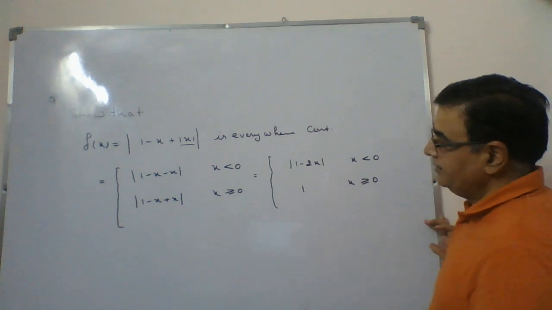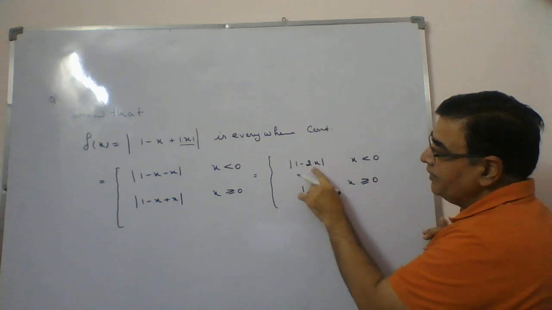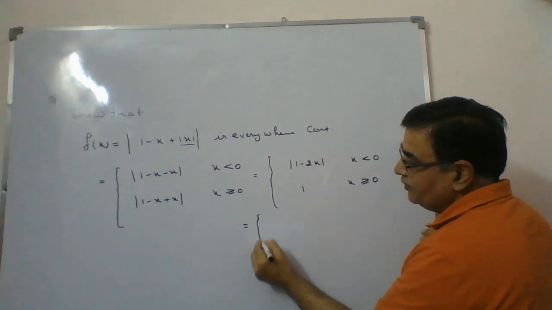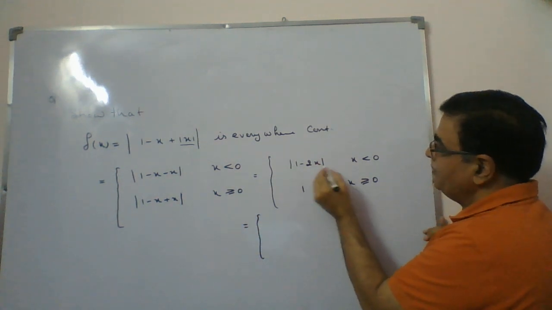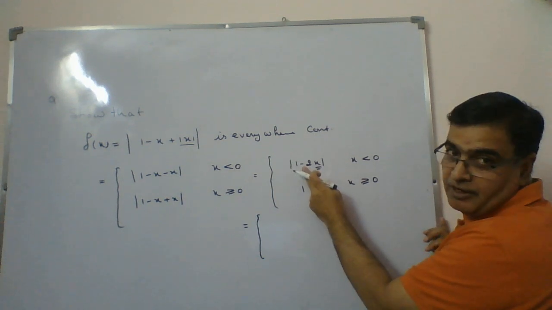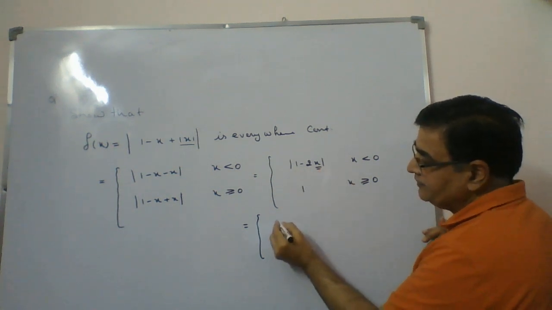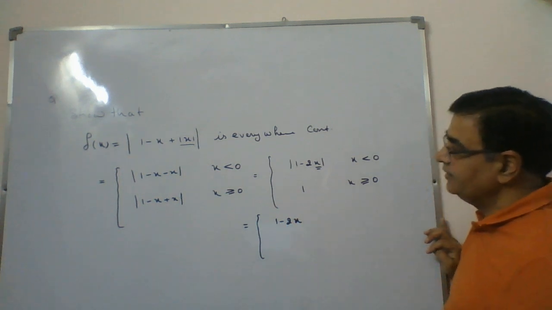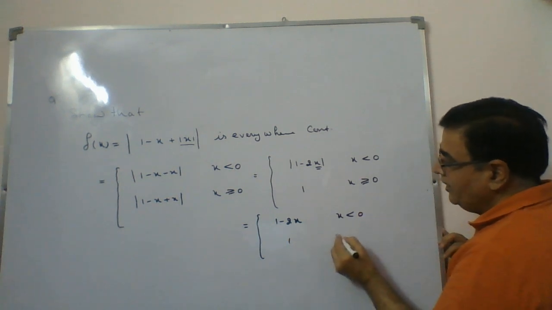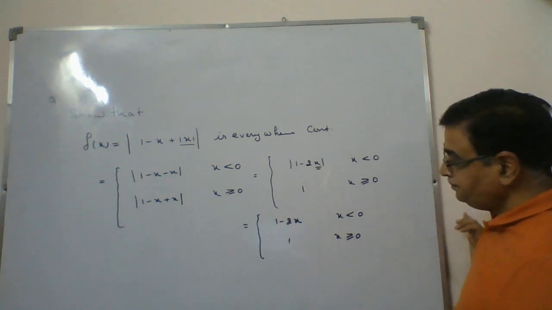So in this case, it is the first result. As x is negative, this will become positive here now. So x negative means this will be negative, but this is already 1 minus, so it will become plus. That means this whole quantity comes out to be a plus quantity, so the modulus will be left only as 1 - 2x, because the inside quantity is positive, and this is for x less than 0, and 1 when x is greater than or equal to 0. So this way we have our function defined now.